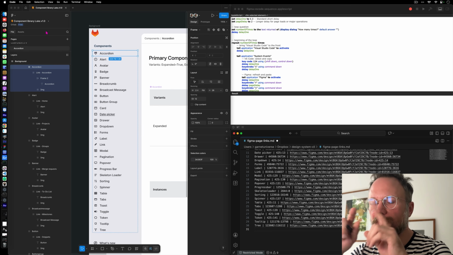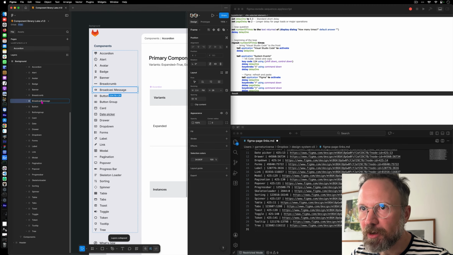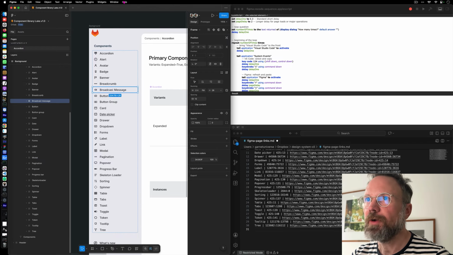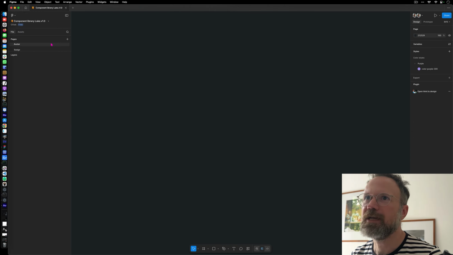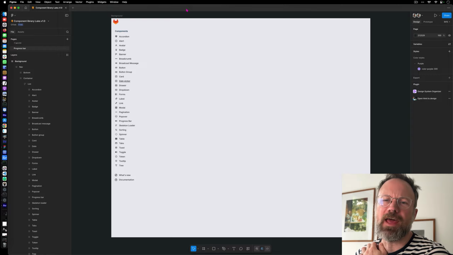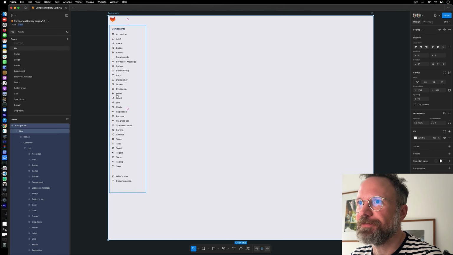Let's fix our layer names that we need to put a space in between: broadcast message, button group, progress bar, and skeleton loader. Great. I'll go ahead and paste it on every page. I could write a script for this, obviously, but it's just a couple keyboard shortcuts. This is real time. All right, all done. Not all the elements pasted, but I'll come back to that, but it'll be enough to... So if I go to alert, we're at the alert page. If I go to forms,